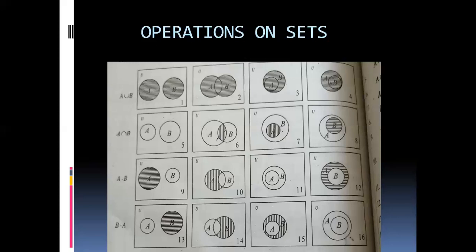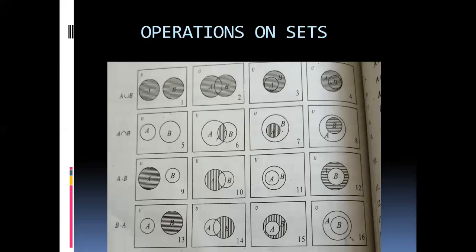Come to the last diagram, B minus A. Same, B is a subset of A, so there is no shaded portion over there. It means that we have 16 possibilities when we are finding the Venn diagram shading: union, intersection, A minus B, B minus A, when A is a subset of B and B is a subset of A, and also the different conditions of the sets when they are disjoint, overlapping, or subsets of each other. This is only a sample that I showed you of how you will make the diagrams.